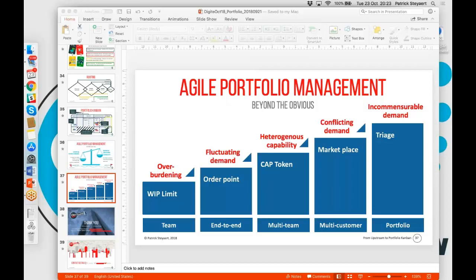If you have different jobs going through different routes, you want to limit the amount of jobs in progress. And so when you start a job, you want to make sure that all the machines that are needed by that job are available to actually finish the job. So that's the starting point for the cap tokens.